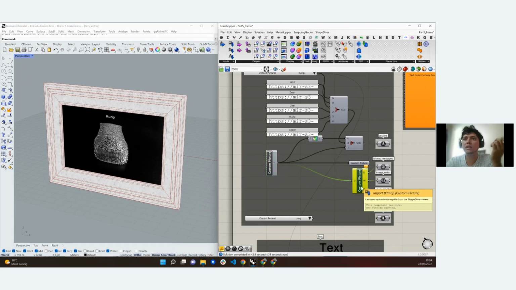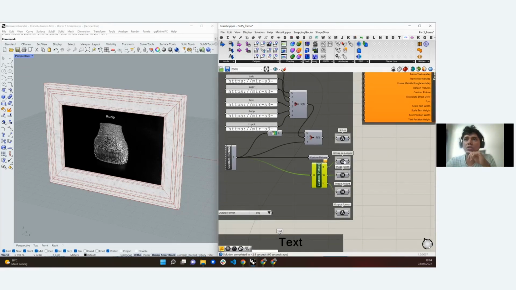Additionally, we have this custom picture parameter here, which is the import bitmap component. It's also here in inputs, import bitmap. This one allows you to send the image as a file. So instead of using a URL, the user gets the option to select a local file on their computer. That is basically what Mathieu did. And through this one, we generate a bitmap that we can